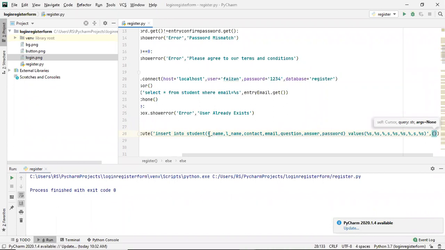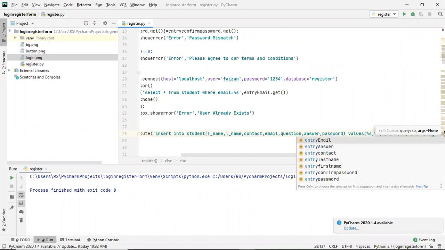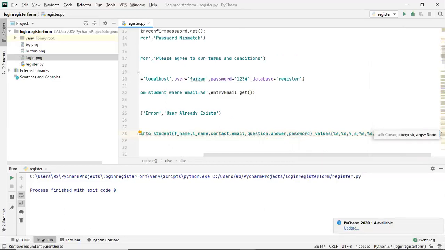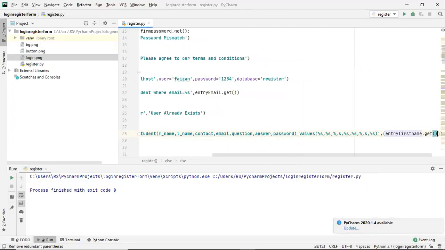This F name we will get from the entry first name variable, dot get. Entry first name dot get. So this value will represent whatever the user enters here.